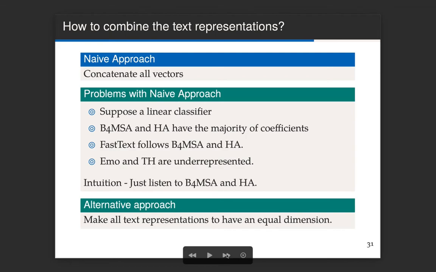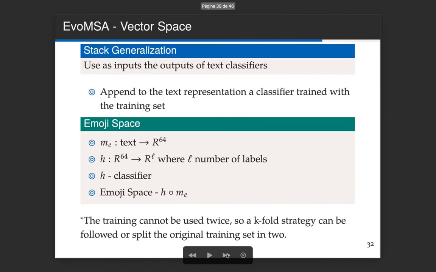So what is the alternative approach? Well, the alternative approach is to try to transform all these representations into having an equal number of dimensions. One way to do that, of course, is to use, for instance, principal component analysis or another technique to reduce the dimensions. But another approach, and the approach that we follow, is